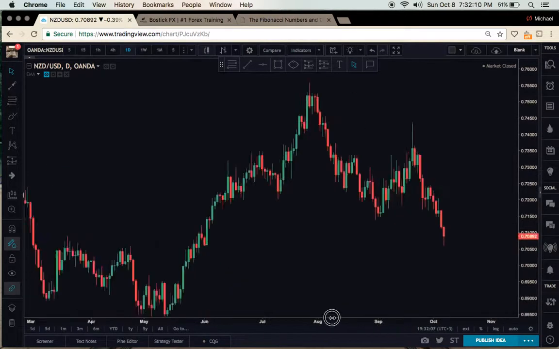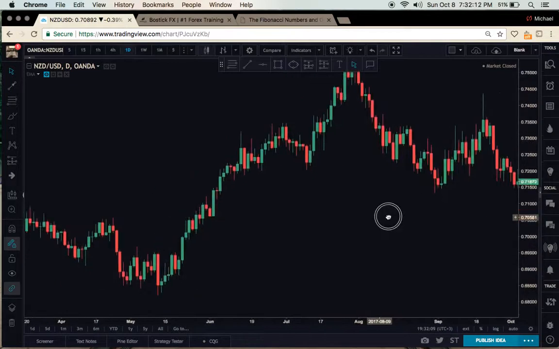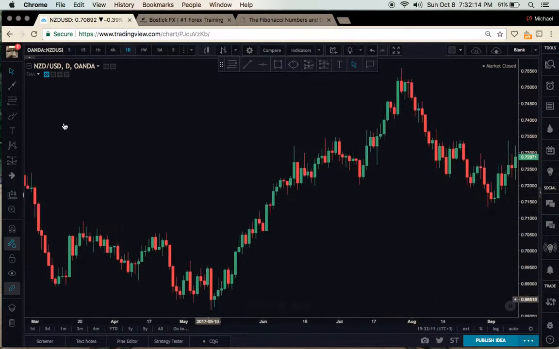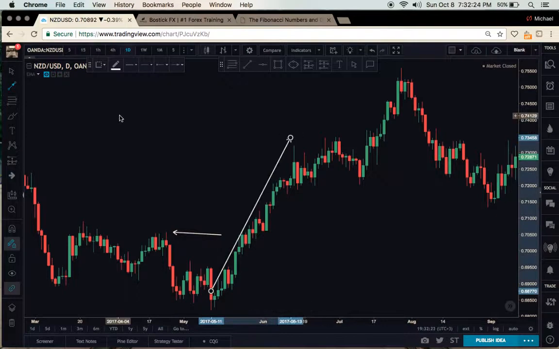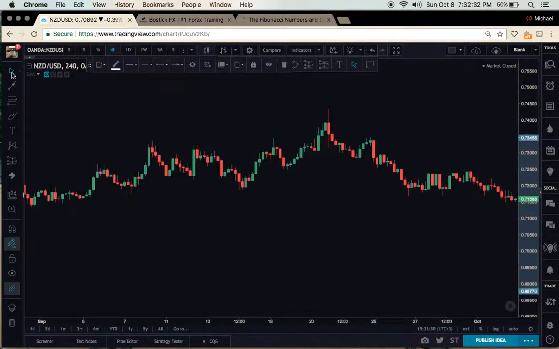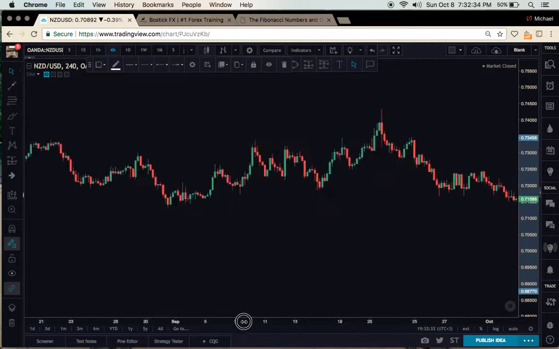Okay. So we have an uptrend. Well, it's a downtrend now, but we had an uptrend on our daily chart, right? We had previous structure broken here, and we have price moving up. So as price is moving up, we know we're in an overall uptrend on this area of the chart. So if we zoom into our 4 hour time frame and go to that area,